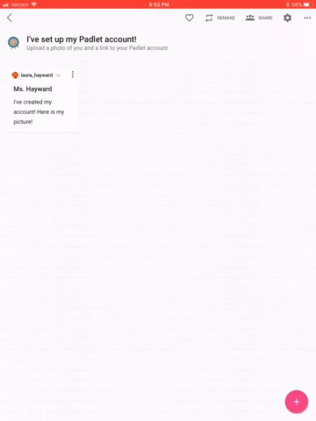Okay, so you're going to be able to see the posts of your classmates, and you'll be able to write on your post. You will not be able to write on anybody else's post. Once again, I'm just going to remind you that we're in a school environment, so everything that you write online in a school environment follows the rules and the protocols of school. So be polite, be nice, all of those wonderful things that you all know how to do really, really well. All right, if you have any questions, of course, as always, you can